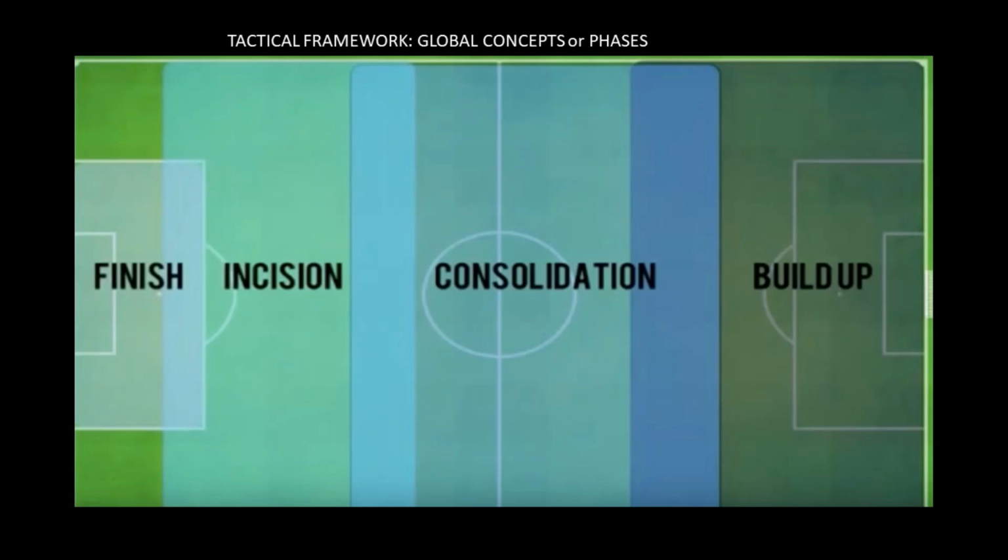We're going to jump to the other end or the book end, which is the incision or finishing phase to the left, where we're going to goal. We're looking to try to create scoring opportunities that way, and also with some really good execution, we're going to work on finishing and getting some goals that way as well. So again, great framework here. Again, the global concepts, know all four.